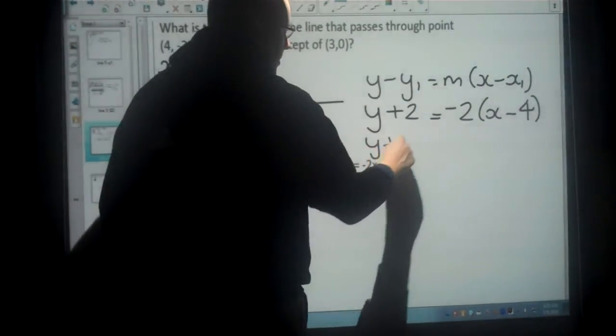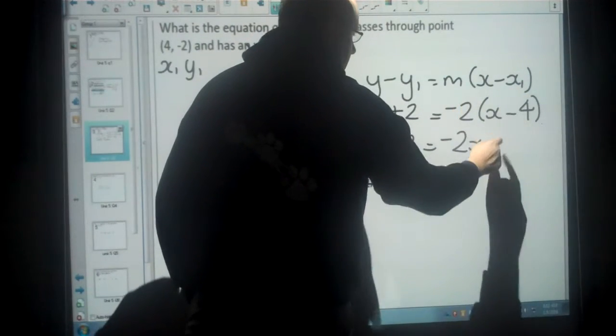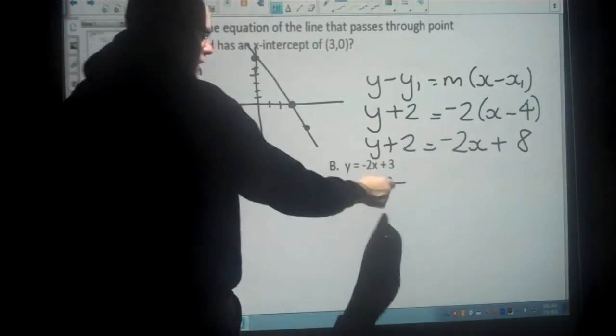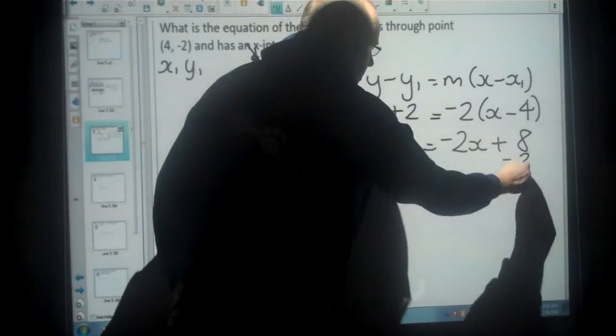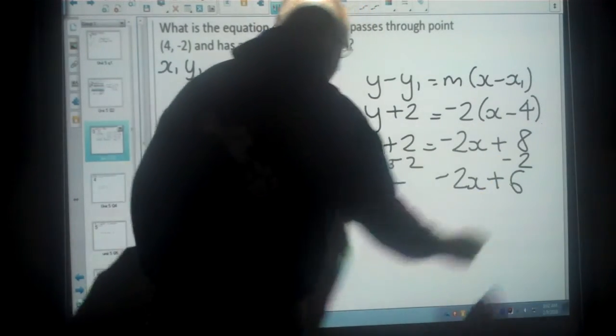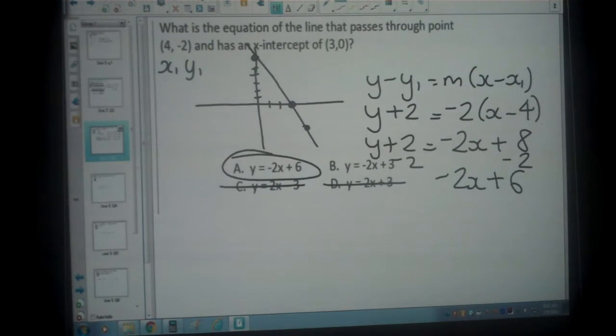Now I can start doing my steps. So I'm going to distribute here. So negative 2 times negative 4, two negatives, give me that positive. And then to solve for y, I'm going to take away 2 from both sides. So 8 take away 2 is 6. Therefore, just as we suspected, the answer is B for this question. But quite a good question actually to do just by graphing. Get a sheet of graph paper out, plot those 2 points, join the line up, and then figure out the slope and where it